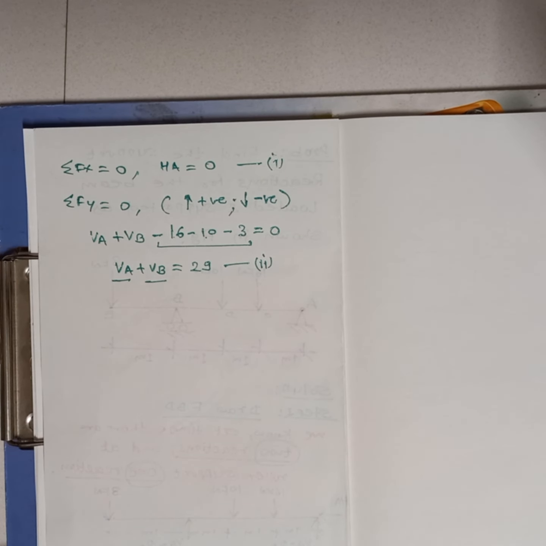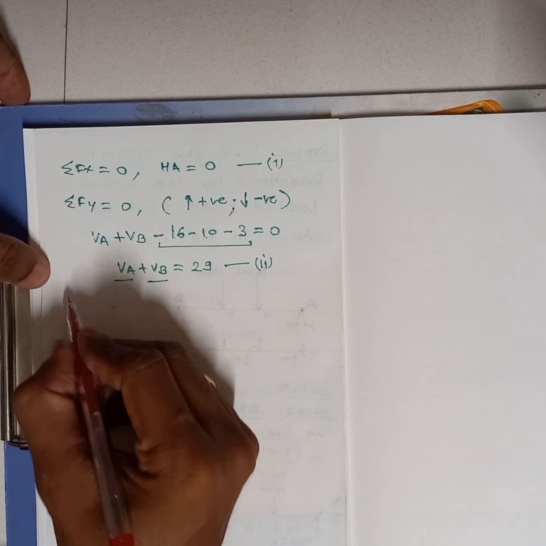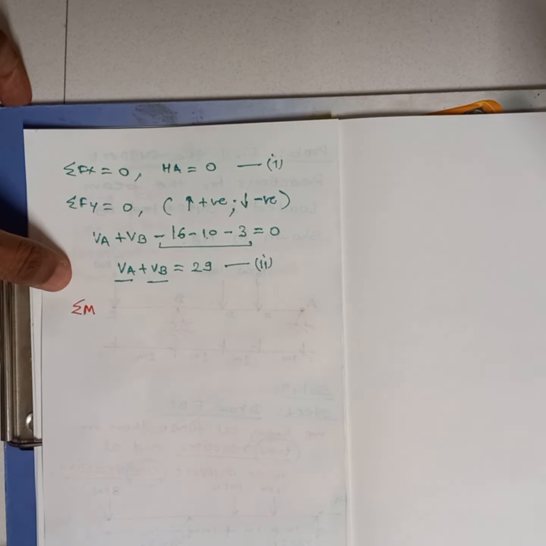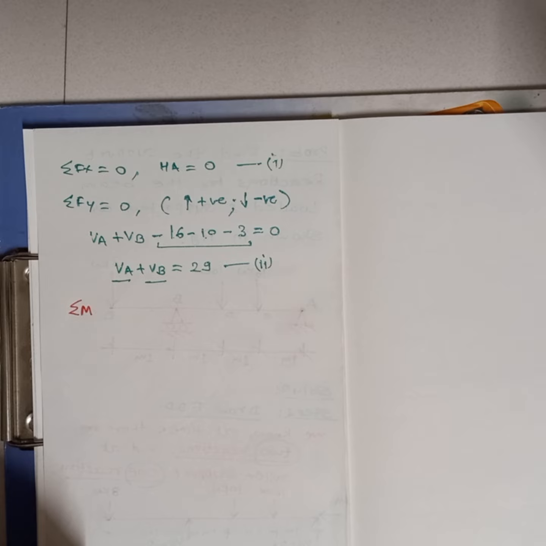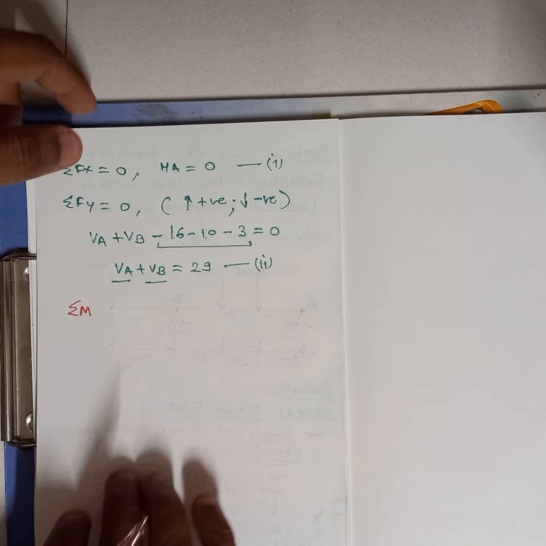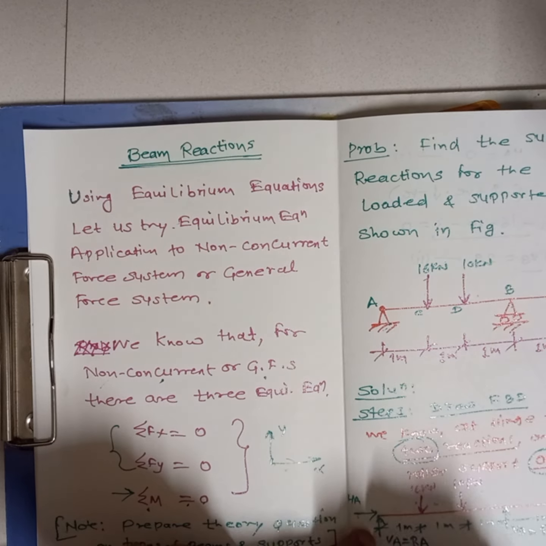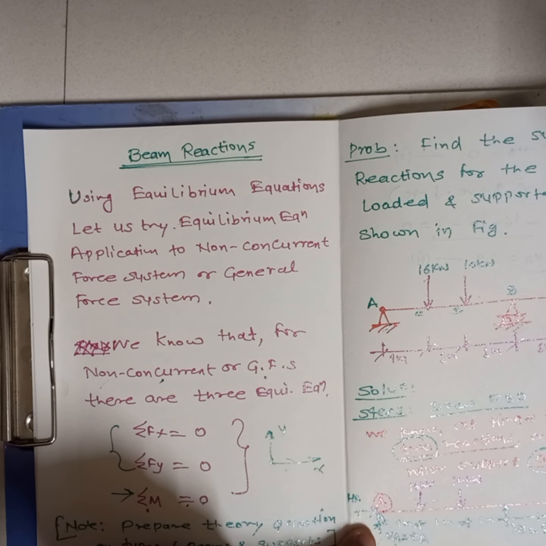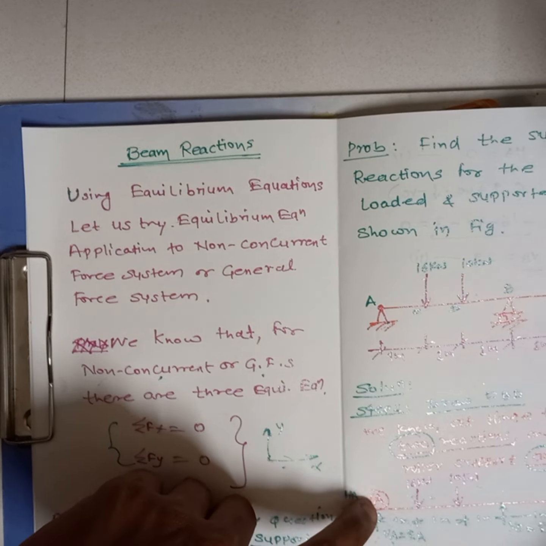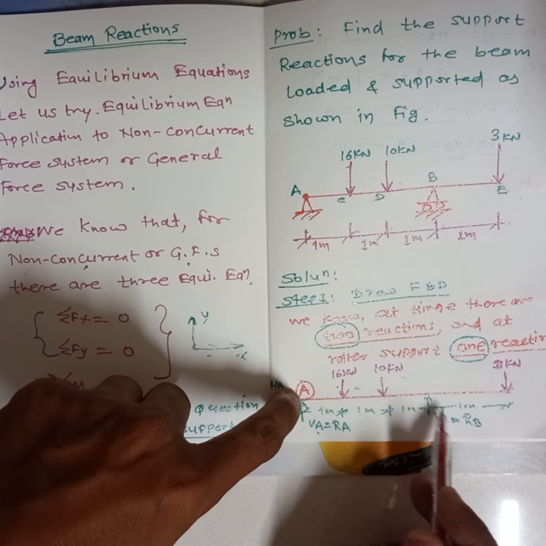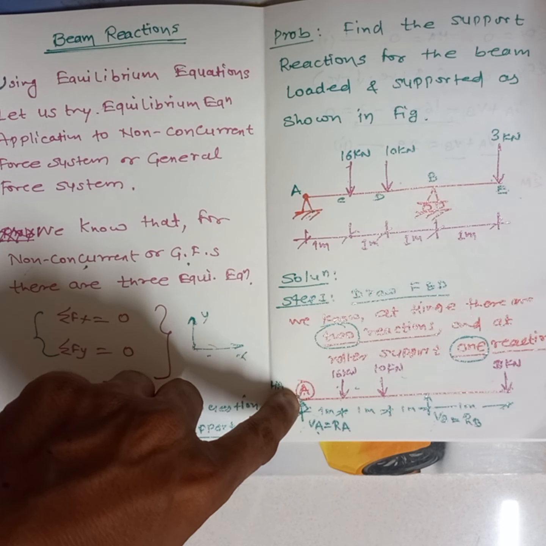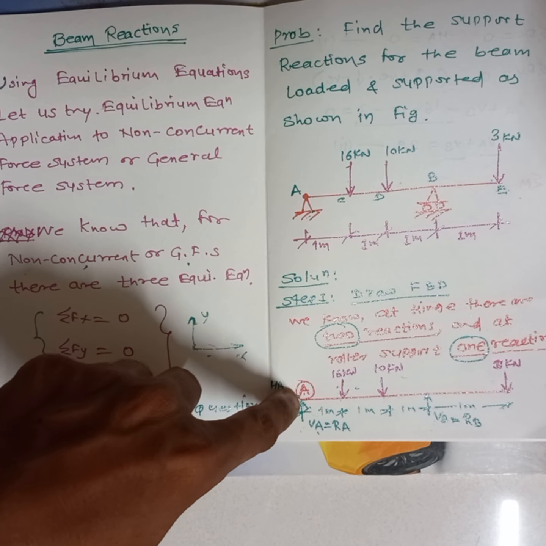So now it means we need one more equation to find these two unknowns, right? So what I can do, I can take the help of moment equation using Varignon's theorem or a theorem of moment, right? So summation of moment at any point is equals to 0. So what I am going to do is I am going to consider the A point as a reference point. ओके, या बीममध्ये तुम्ही बघू शकता हा A पॉईंट आहे. मी काय करेल, या सर्व फोर्सेसचा आणि रिॲक्शनचं about A मोमेंट घेणार आहे आणि त्याला equals to 0 करणार आहे,